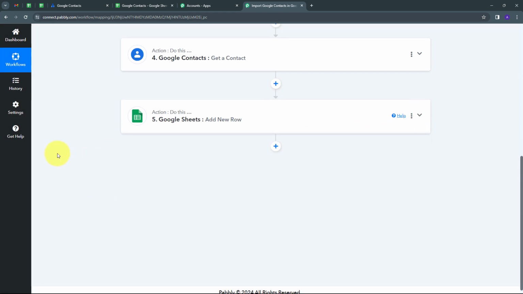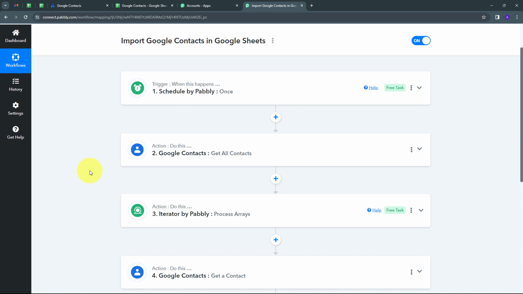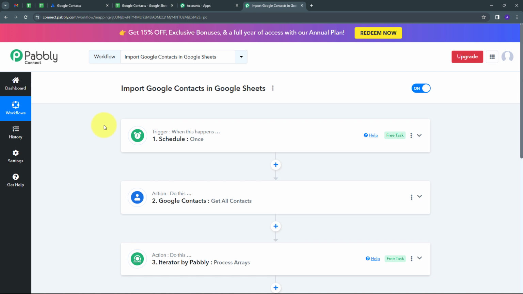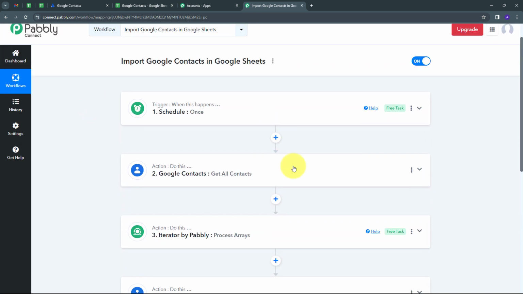Now here I have set up my workflow and now I'm going to wait for my scheduler to work. So when my schedule time arrives, this workflow is going to work. In the scheduler, what I have done is that I have selected a time on which I want my workflow to work. So whenever that time arrives, this workflow is going to work